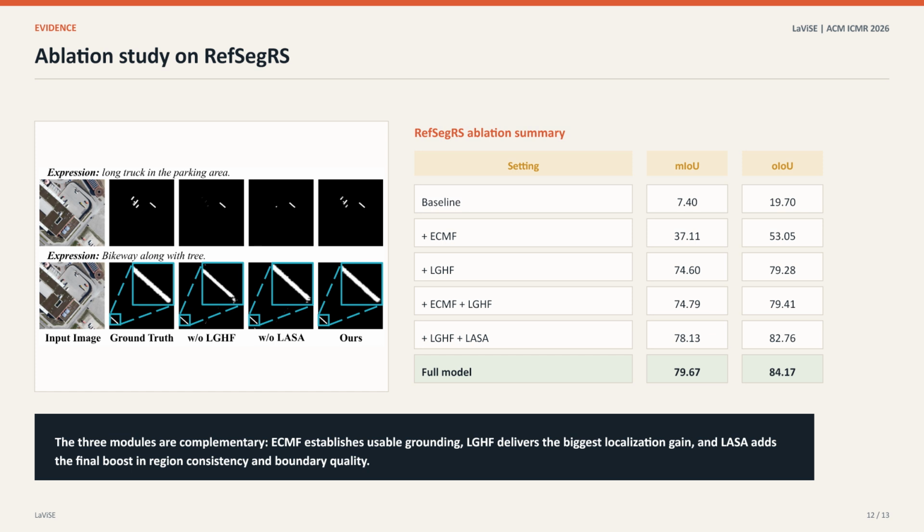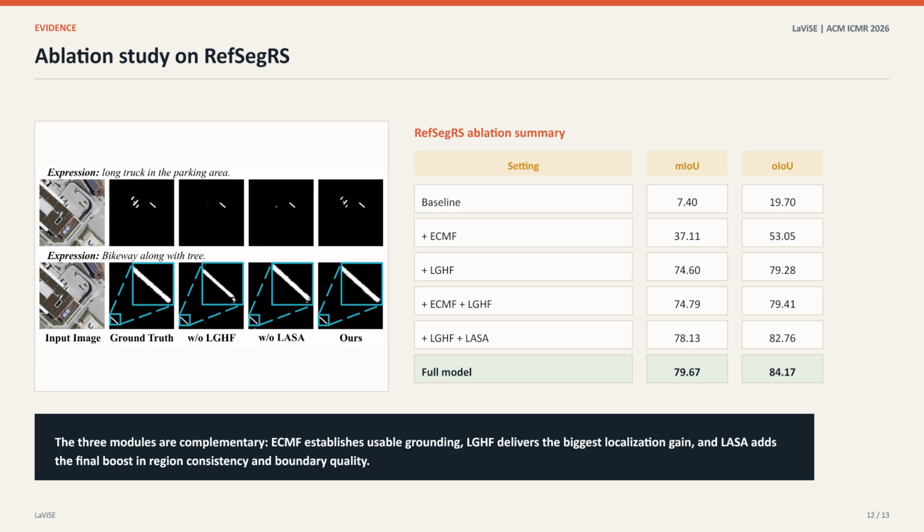The ablation study shows that the three modules are complementary rather than redundant. The plain baseline starts at 7.40 MIOU and 19.70 OIOU. Adding ECMF alone lifts the result to 37.11 and 53.05, which confirms the importance of stronger early image-text grounding. LGHF alone reaches 74.60 and 79.28, showing that hierarchical language guidance contributes a large localization gain.